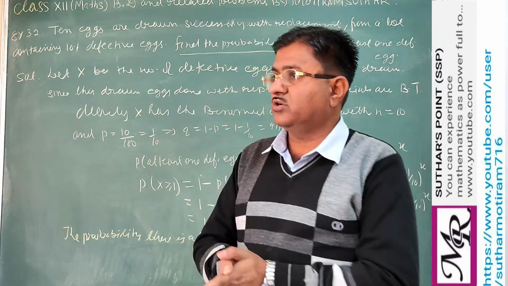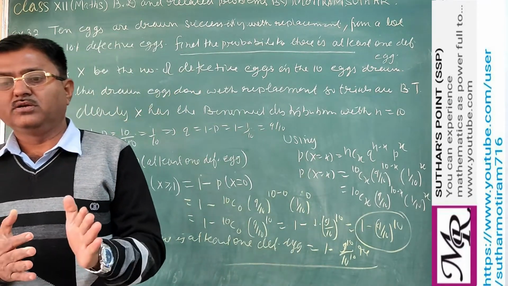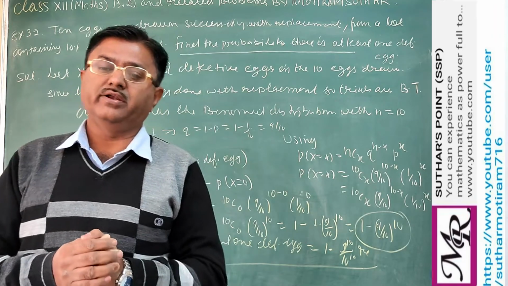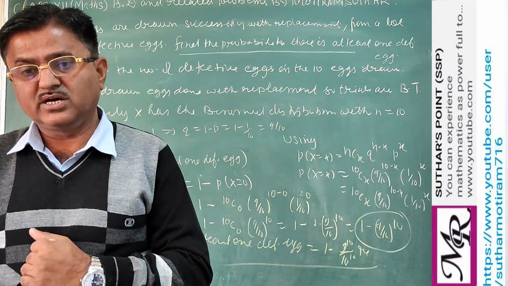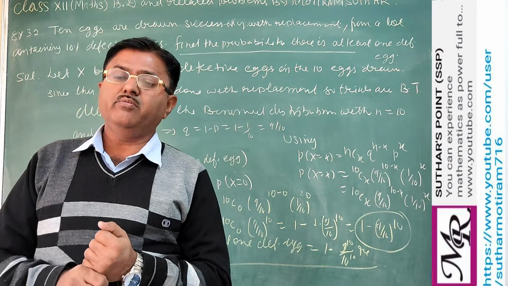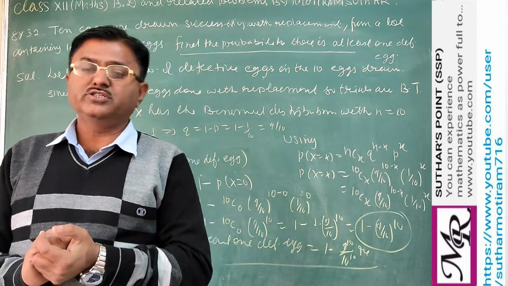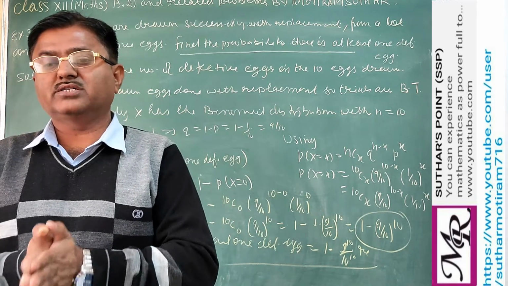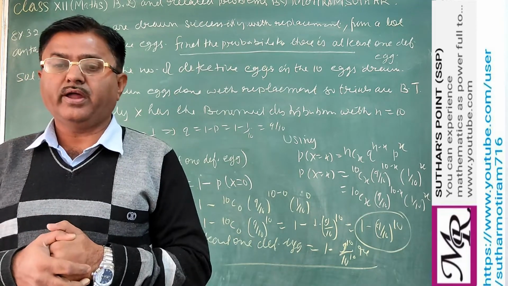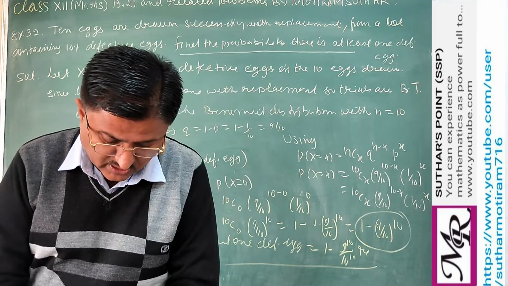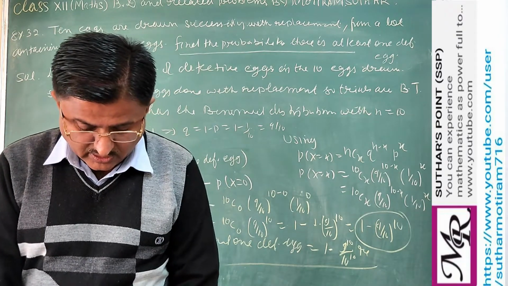Using this, your target is to identify what is n, what is p, and then you have to check what we have to find, which means which random variable we have to consider. After considering the random variable, you have to check whether the value of x is at most, or at least, or exactly given. According to that, you have to put the value of x. So all about this exercise 13.5 is related to this directly. So you can easily solve this.